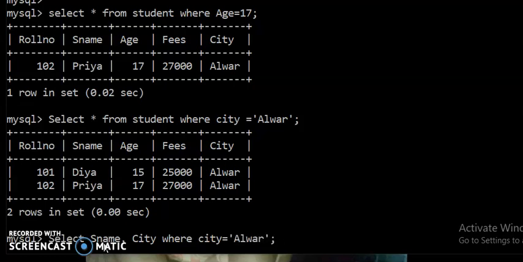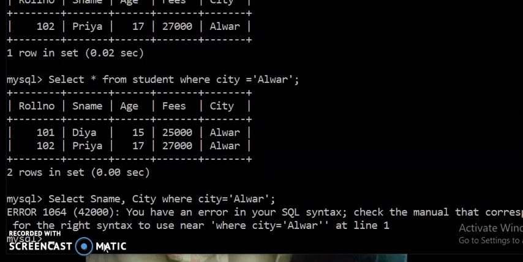So students, what will be the output? Here is the error. Select as name, city where city equals to Alwar. So what happened here? Select as name from, because I have not given the name of the table here, students, so I have to mention the table name.